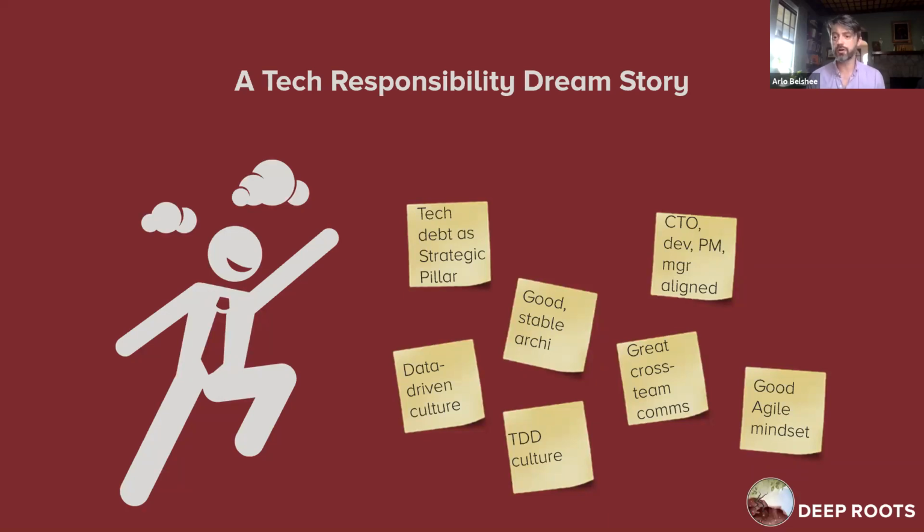There was a good, strong architecture in place. There was an architecture culture. There was a set of architects that were in every team, or every team's engineers would be elected to rotating roles as architects and come together and collaborate. And so there were all these organizational structures designed to help good ideas move throughout the code. Good culture of TDD. Everything is set up in the right way.